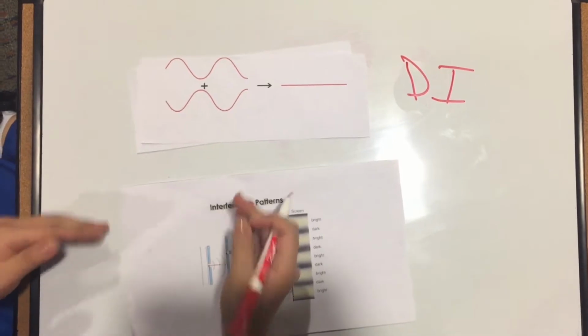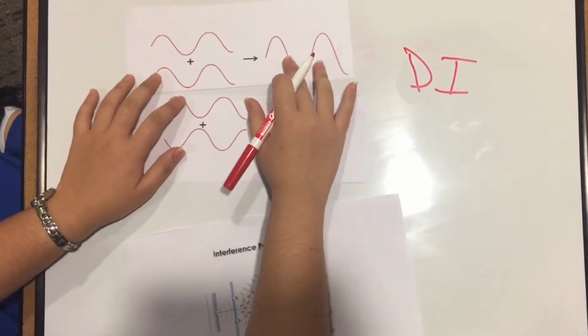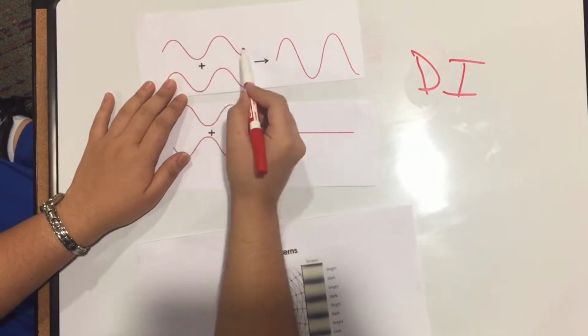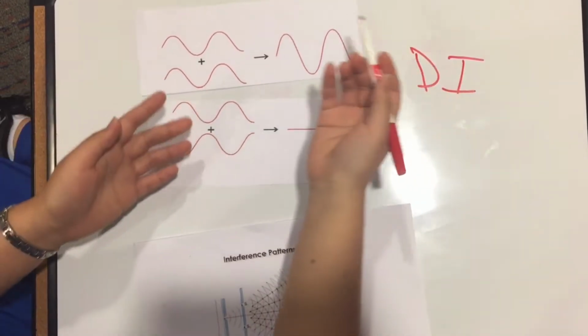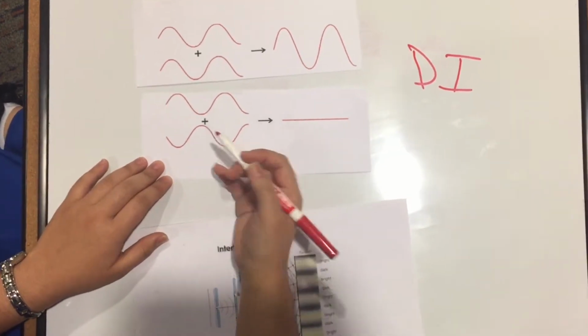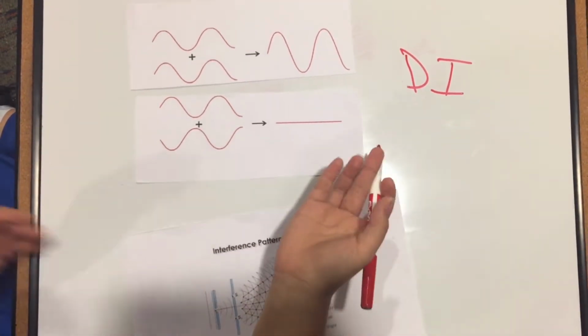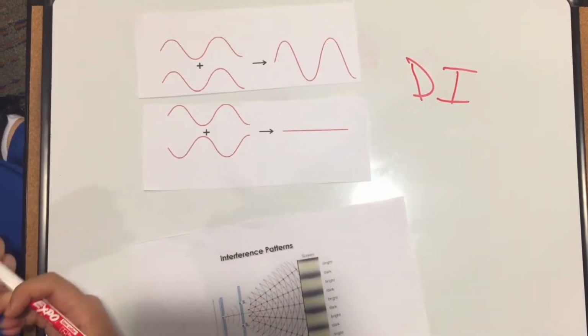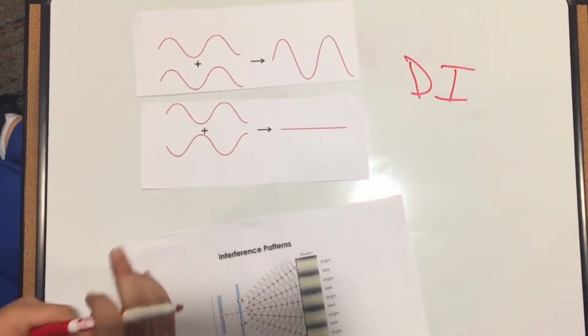Now, if we were to look at them like this, you can see that in constructive interference, the amplitudes superpose to create a larger amplitude. And then destructive interference can be seen when two amplitudes superpose to cancel each other out. The waves must emit the same wavelength at the same time period to interfere. Of course you know this from learning about sound waves.